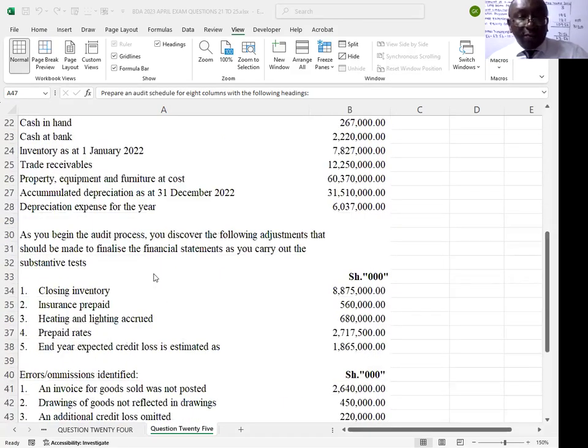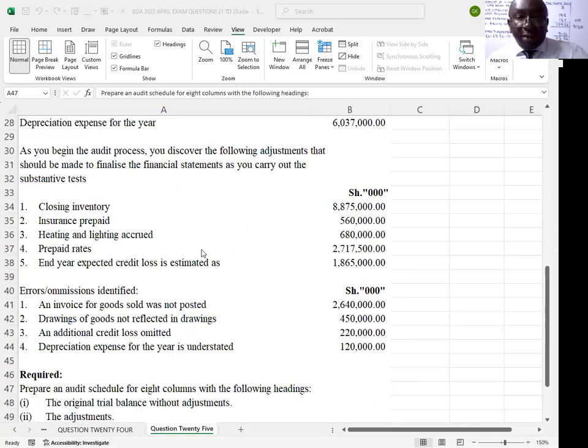Then we are told, as you begin the audit process, you discover the following adjustments that should be made to finalize the financial statements as you carry out the substantive tests: closing inventory, insurance prepaid, heating and lighting accrued, prepaid rates, and expected credit loss is estimated as